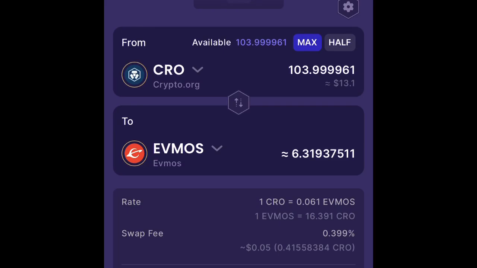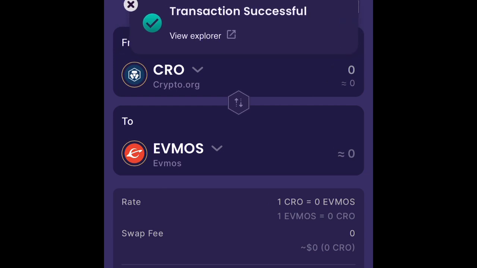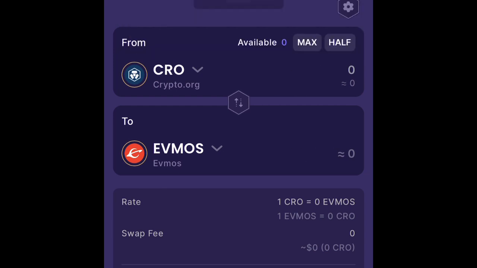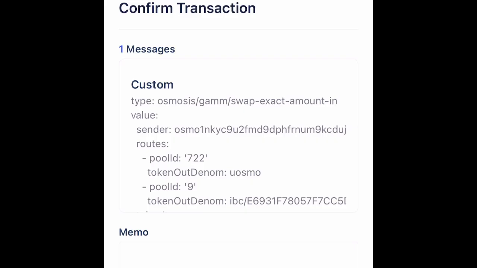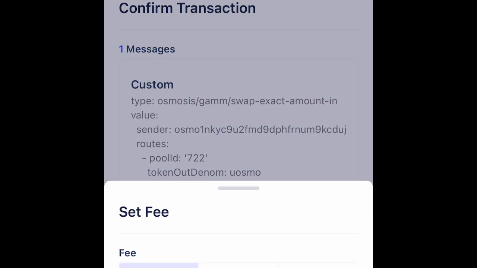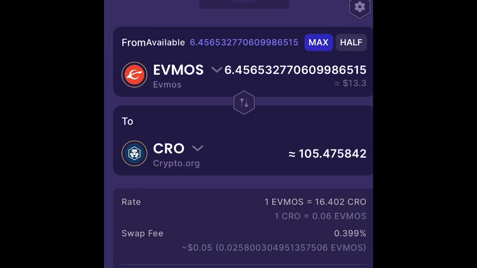Zero. As long as you're in the Osmo swap, you're going to use Osmo for the fees, and the fees are most of the time free, guys. It's always like this. Sometimes the transaction fails if you try to be cheap, because you could tweak the fees like Metamask and whatever. If I try to swap it, you would click right here where it says Osmo. You could put it on low, but I usually put it on fast. If you're not paying anything, you shouldn't be trying to save money right now, guys.